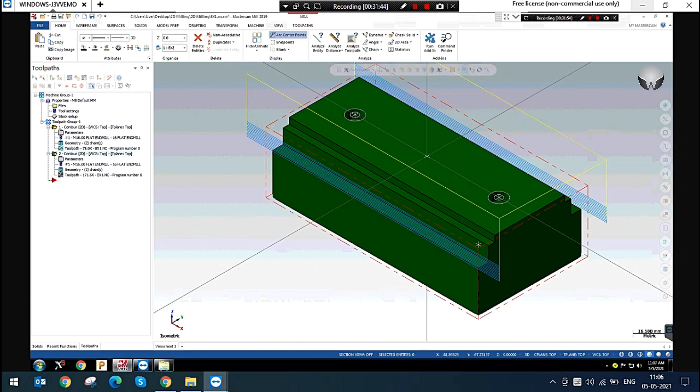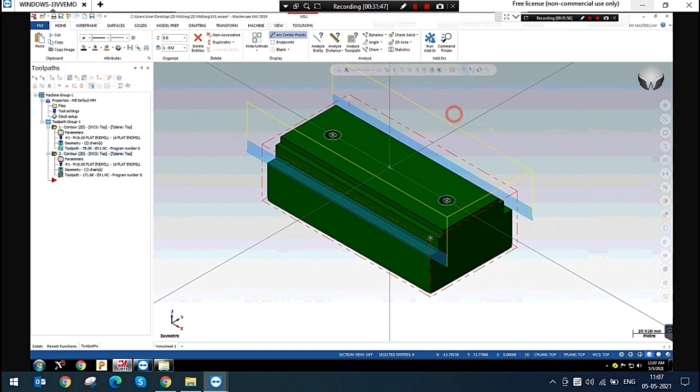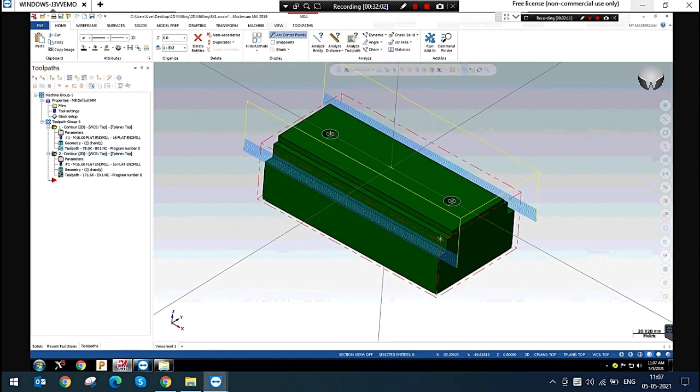Yes, brother. Do you understand this? How to select chain by solid?